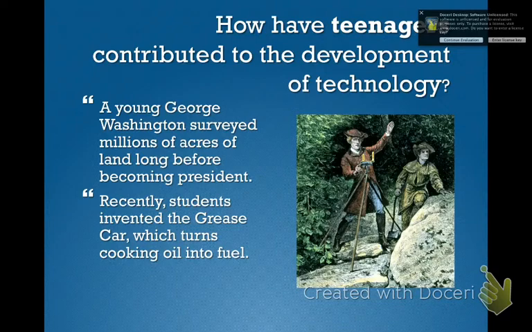And if you look at the television, parts of the television were developed by a kid no older than you guys, 13 years old. His name was Phil Farnsworth. He went through and created what we know as the vacuum tube. He was just plowing a potato field and came up with this idea and made it happen. It wasn't until he was 21 before it actually came to be, but he had the idea when he was 13 years old.